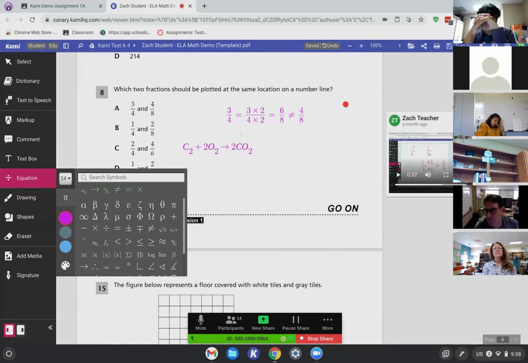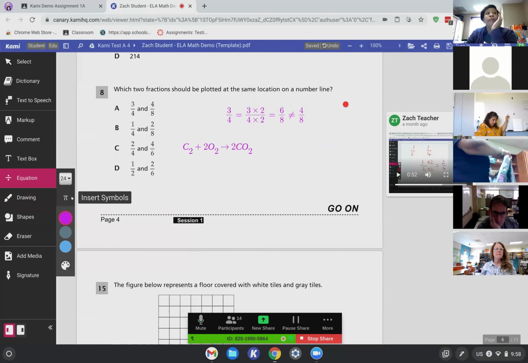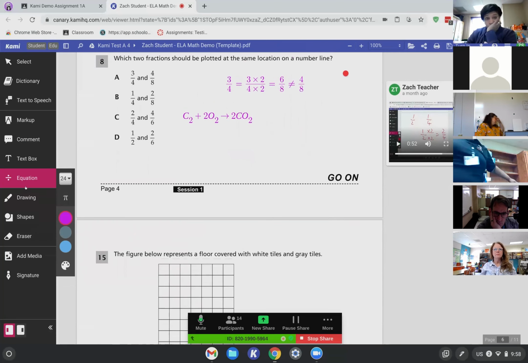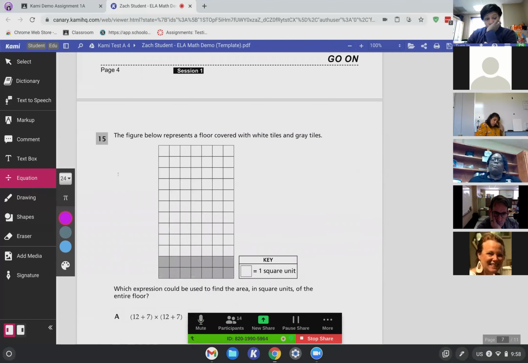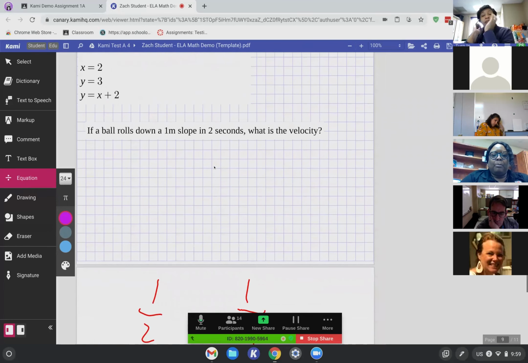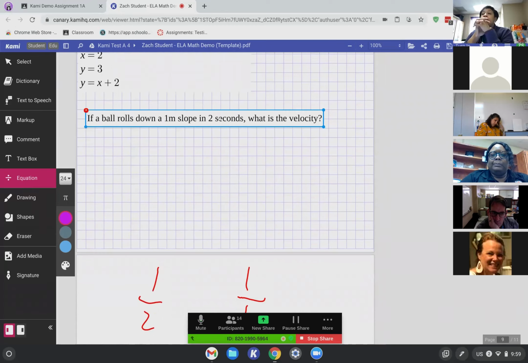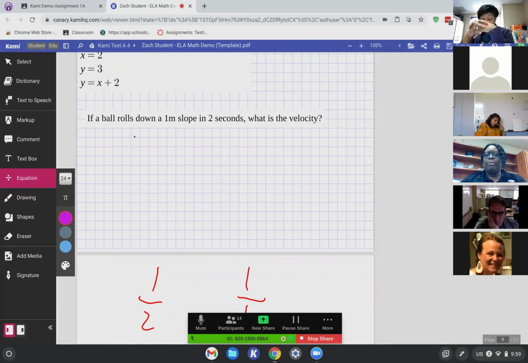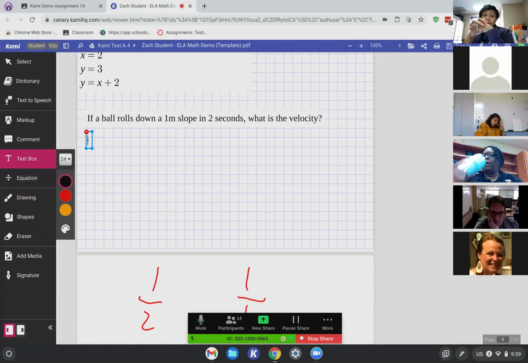Now, the one limitation to the equation tool is that, unfortunately, you can't add more than one line of working into each equation box. So it works nicely for single line problems like this. But if we did need to show, say, all of the steps of working for a more advanced algebra or physics problem, we'd either need to make an individual equation box for each row, or we can drop down to where I've got the physics question here. So we've got a ball rolling down a 1 meter slope in 2 seconds. What's the velocity we're looking for? And if I go back to our text box here,